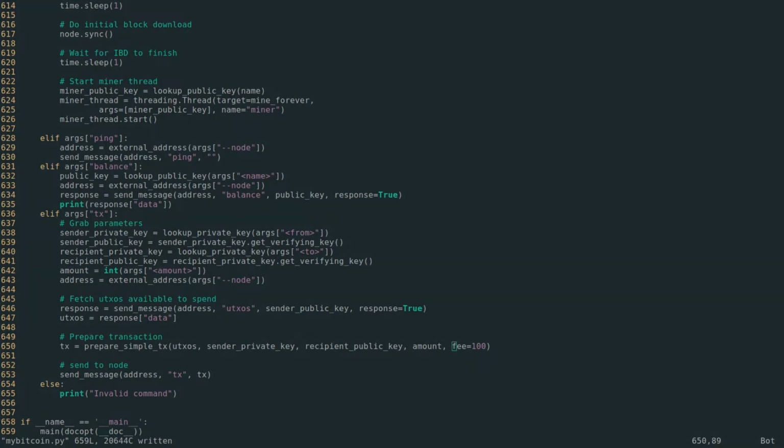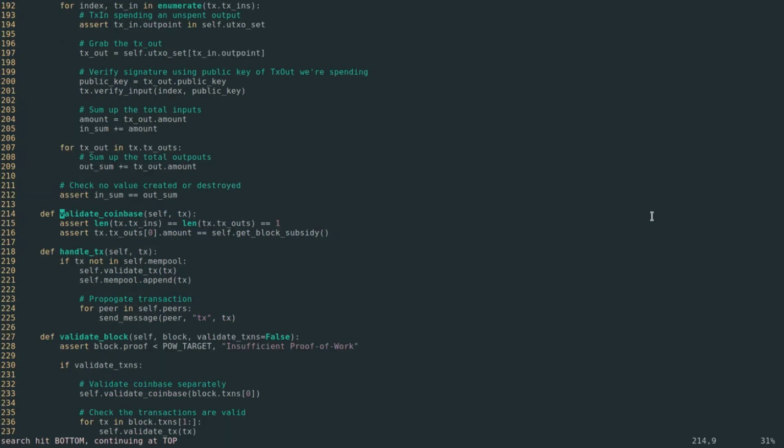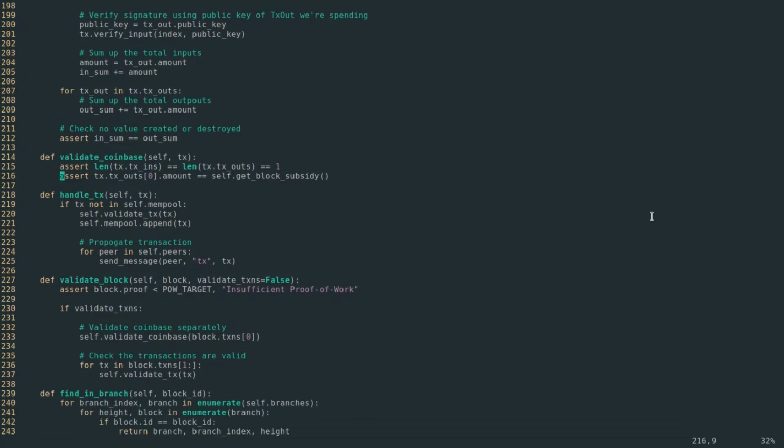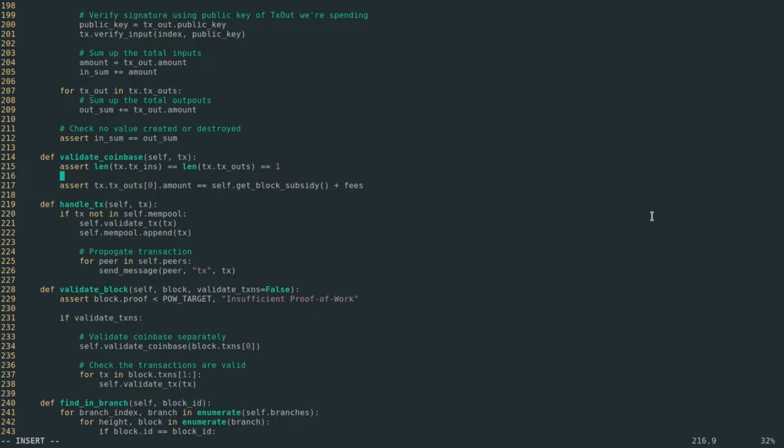And so there's basically one other place we care about calculate fees, and this is again the validation. So let's look for validate Coinbase. And you see here, remember we were asserting that this is equal to block subsidy. Well, now that we added the fee to block subsidy when we prepare Coinbases, when we validate them we'll also want to check that this is not just equal to block subsidy, but equal to block subsidy plus fees. And we'll calculate fees right here above it. So fees equals